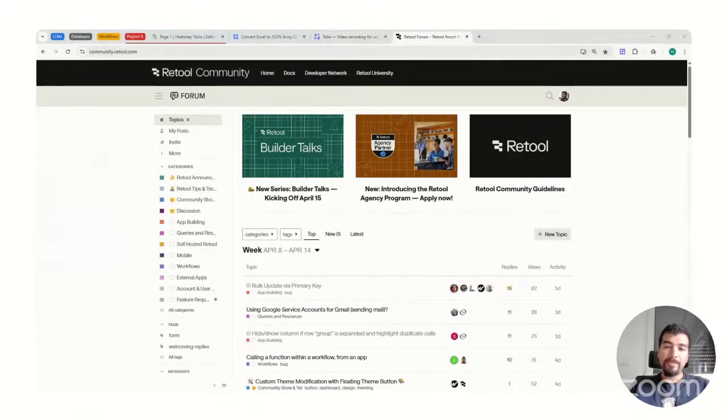And of course, I always have the Retool forum open in one tab. I like to read what other people are doing, what they are trying. I learn a lot from it, and I learn a lot from all of the developers that post things and ideas. So this is a tool that I'm constantly using.